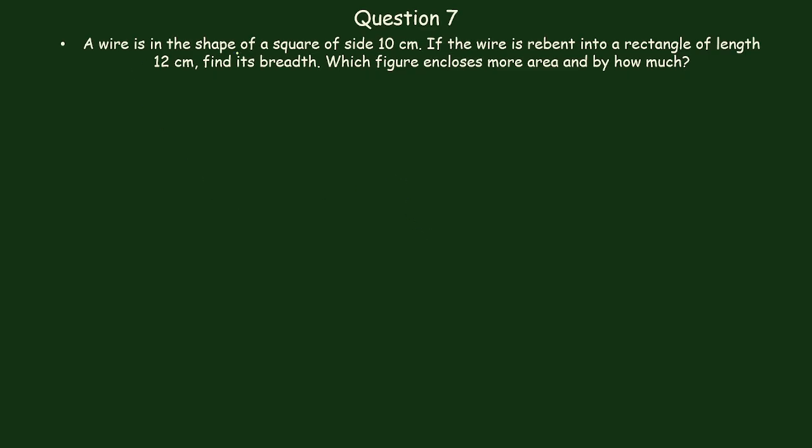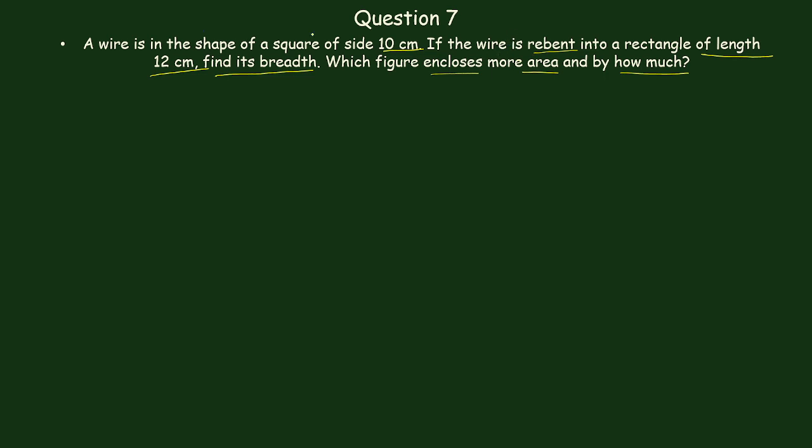A wire is in the shape of a square of side 10 centimeter. If the wire is reshaped into a rectangle of length 12 centimeter, find its breadth, and which figure encloses more area and by how much. Okay, so